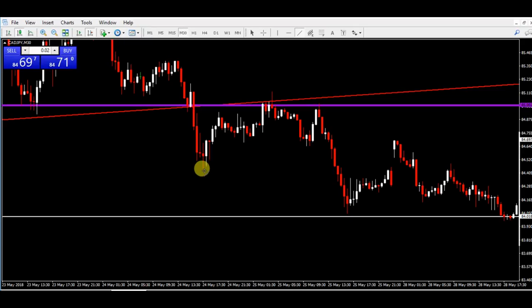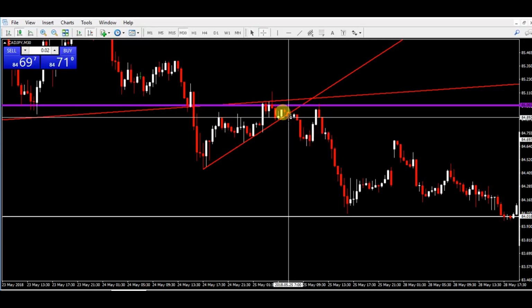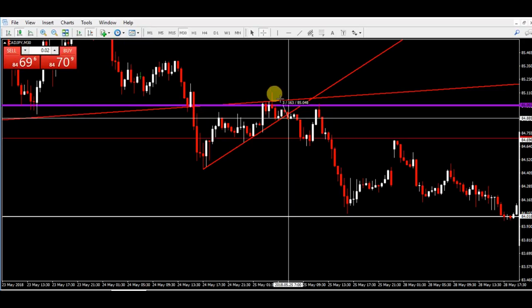What would we have done? And what would we have waited for? Boom. Drew the trend line. Boom. Got the break and close below right here on the 30-minute chart. And would have entered. Stop above the previous high made. 26 pips. Right? 26 pips. You would have experienced a little drawdown of about 10 pips, as you see here. But you would have caught that major move.